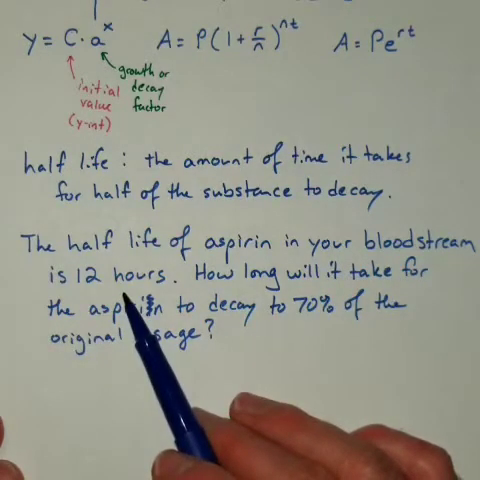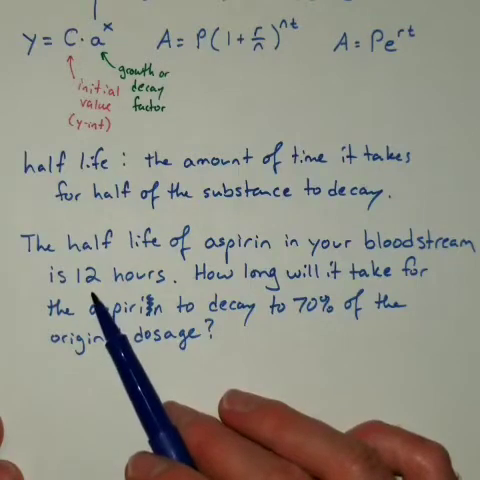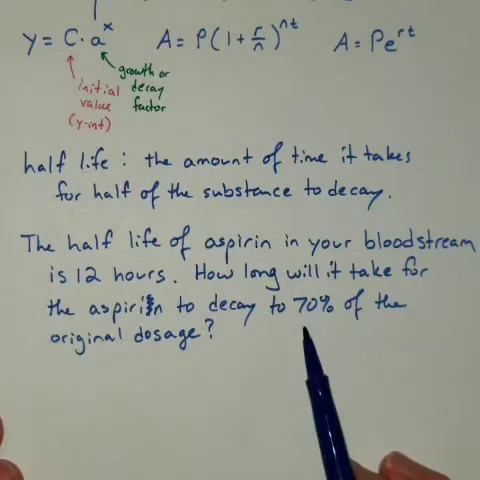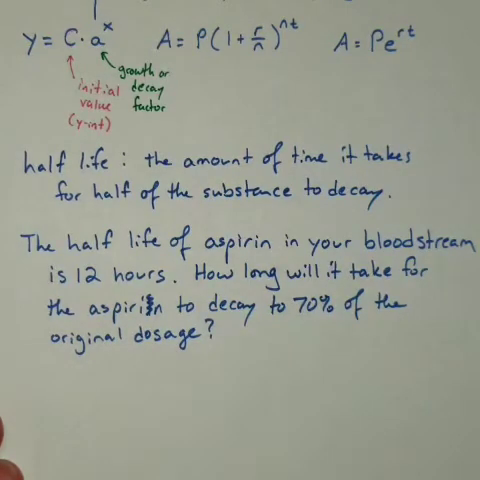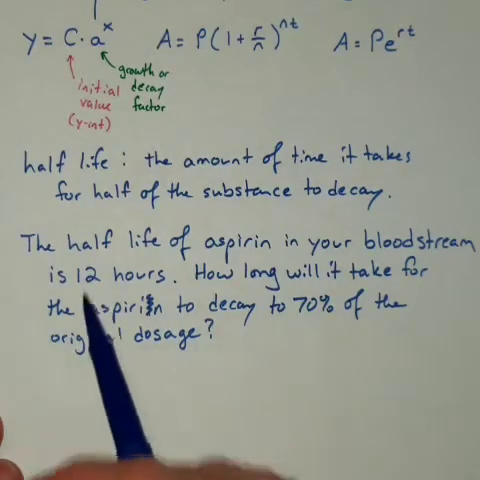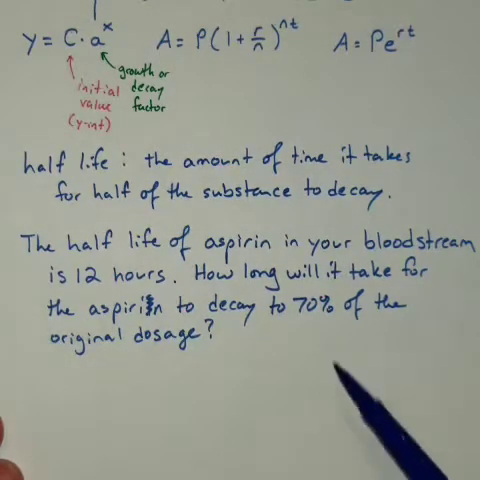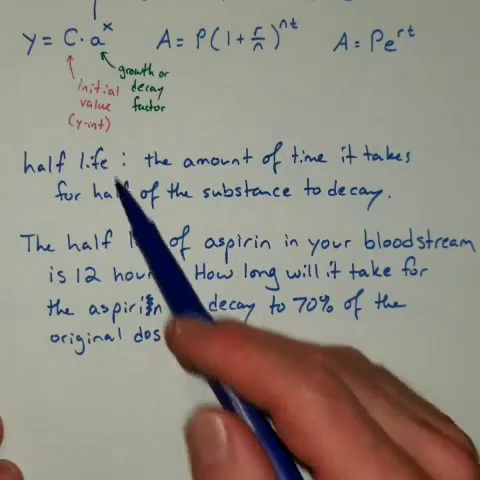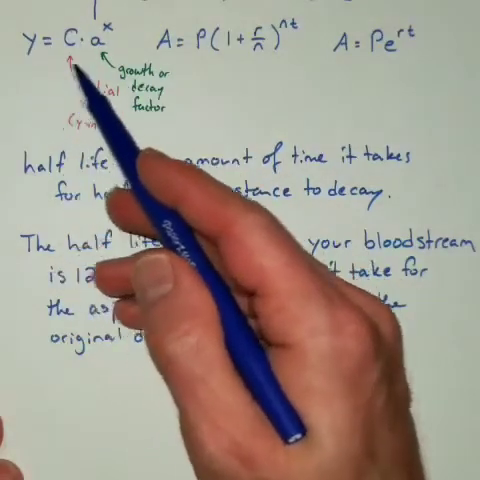That means whatever you take, according to this problem anyway, in 12 hours you'll have half of it left in your bloodstream. How long will it take for the aspirin to decay to 70% of the original dosage? So we don't just have to focus on the half-life, the 50%. We can look at other percentages once we develop a formula, and the formula will come from this structure here